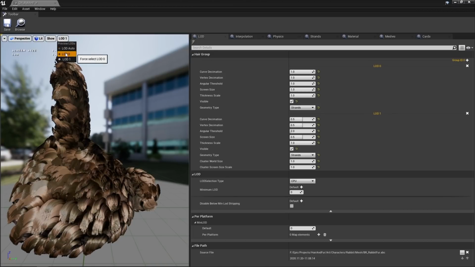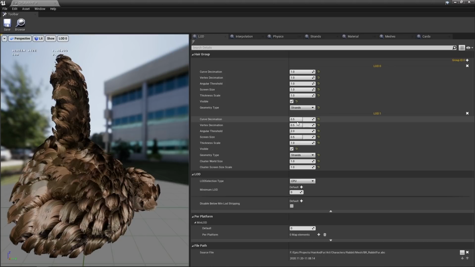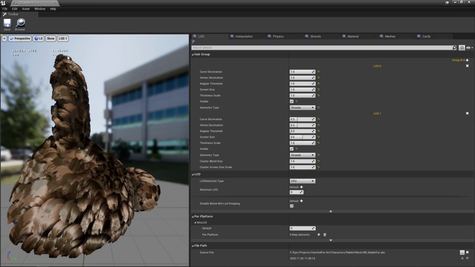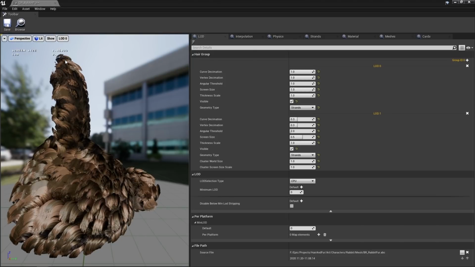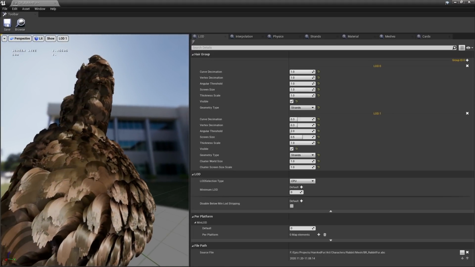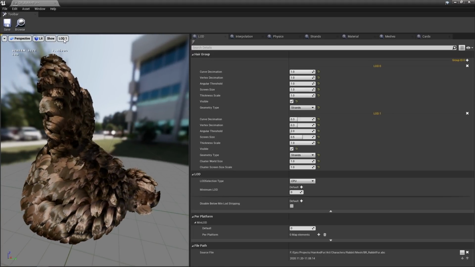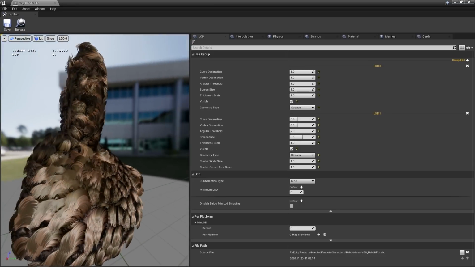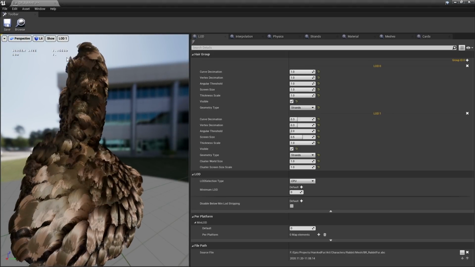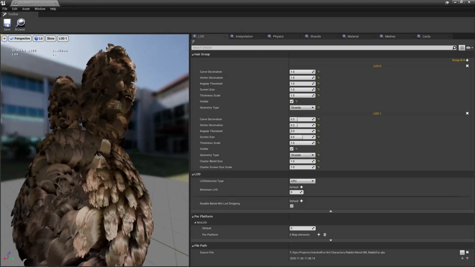it may not be very noticeable, but if I go to the extreme with these values, something like this, then it will be more obvious that the number of strands is being reduced. And the resolution too. But at the same time the thickness per strand is being increased to compensate, and that's why it looks like there is the same amount of hair in general, globally.